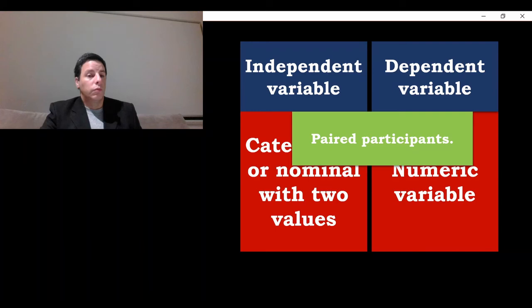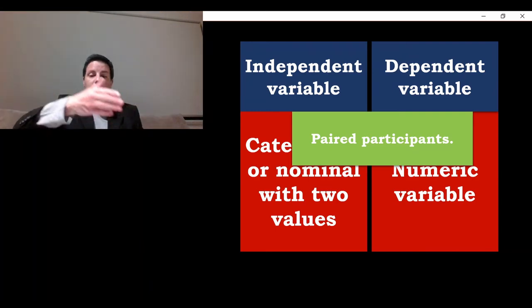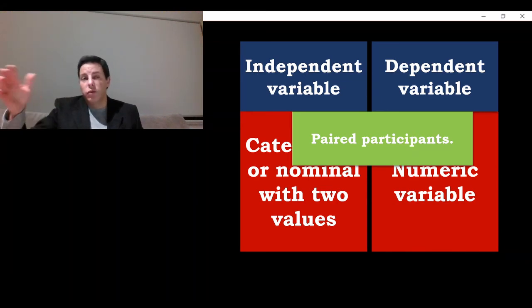So we've got one participant and another participant, and we pair them, we match them based on some skill. They have the same memory capacity, or age. Let's say we've got a large range of ages and we want to pair participants by their age. So we have participants that have the same age. So when that happens, then we use this